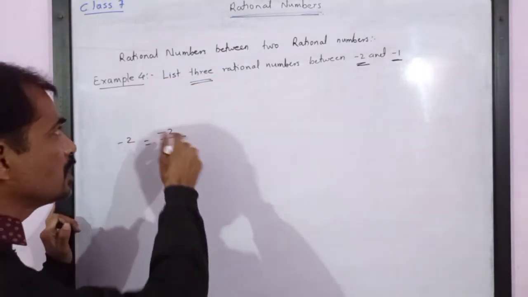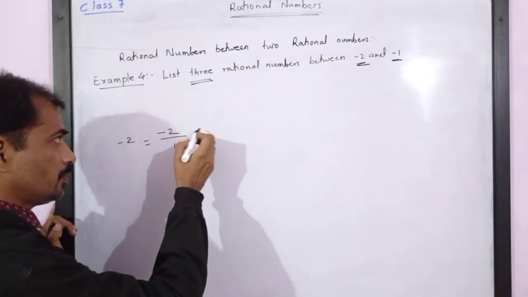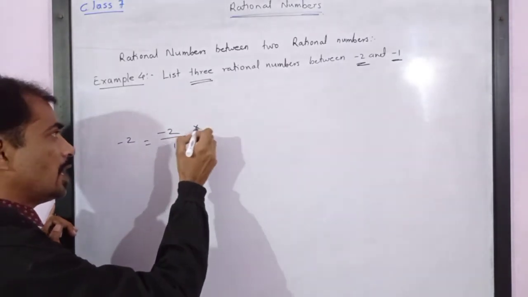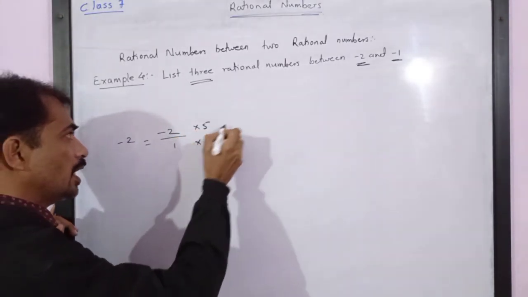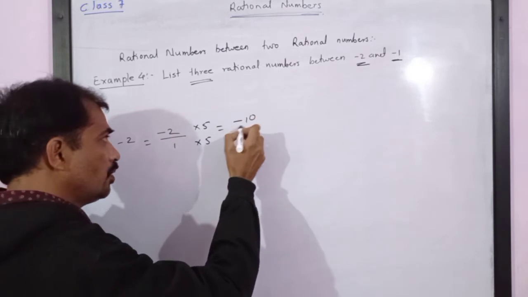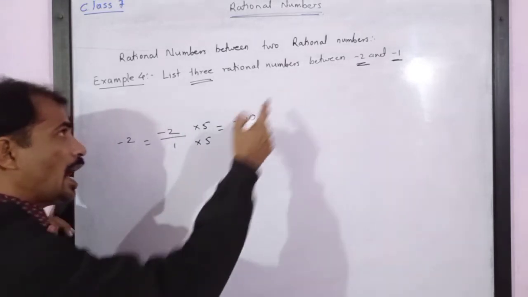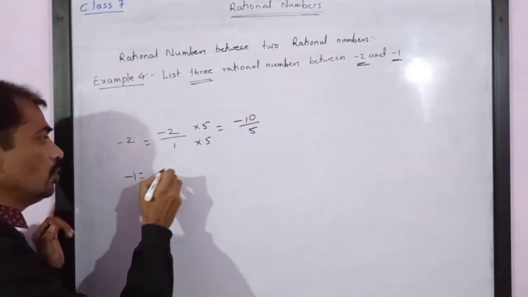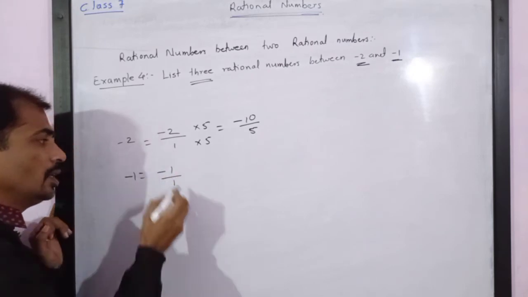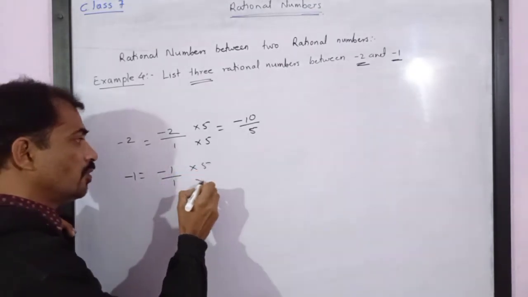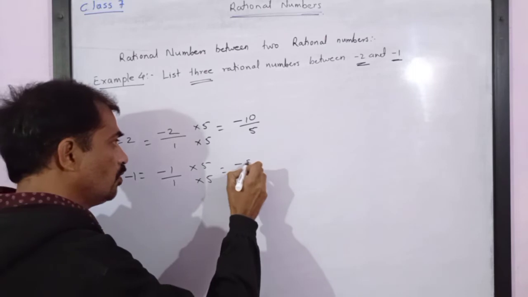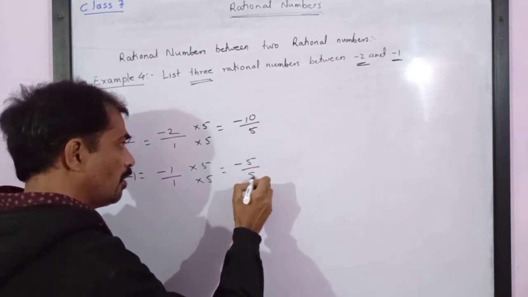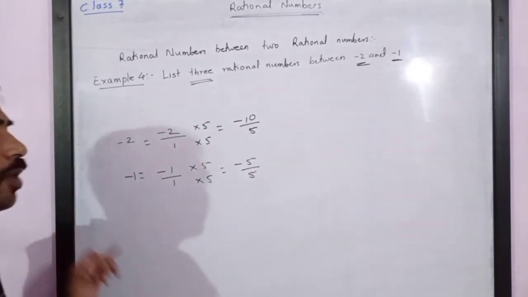If you multiply this by 5, multiplying numerator and denominator by 5, we will get -2 as -10 upon 5. And -1 is equal to -1 upon 1. If you multiply this by 5, we will get -5 upon 5. Now if this is to be plotted on the number line,